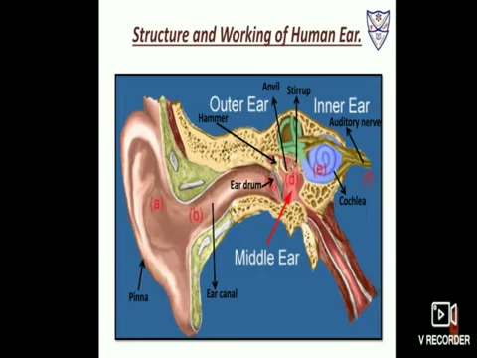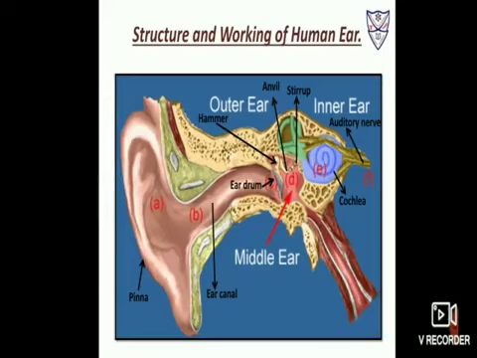The outer ear consists of a flap-like structure called the pinna, which is on each side of our face. The pinna is further connected to the ear canal, and at the end of the ear canal you can see a circular membrane called the eardrum. So the outer ear consists of the pinna, ear canal and eardrum. Next is the middle ear. The middle ear consists of three bones, the hammer, anvil and stirrup, whose one side is connected to the eardrum and the other side is connected to the inner ear.